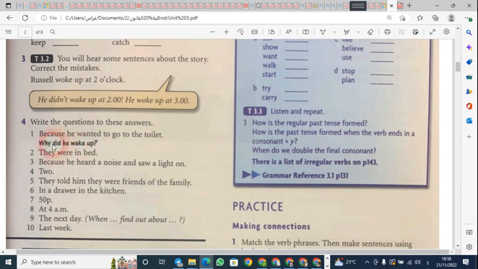ما الذي تلاحظه هنا؟ نلاحظ أنه في السؤال استخدمنا did because we are talking about the past لأننا نتحدث عن